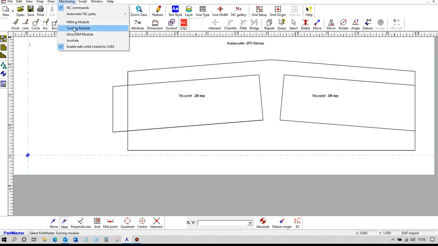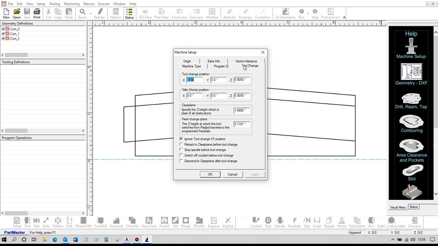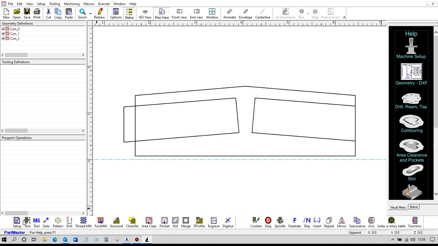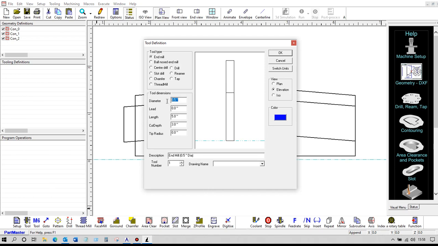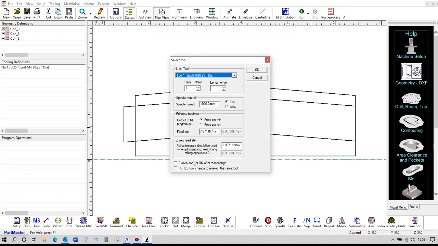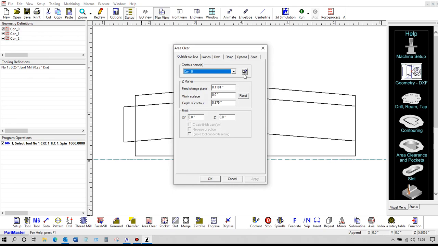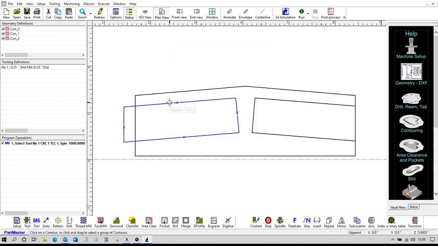now we take that through into machining, check on our tool change position here, all looks okay. So we define our first tool. Let's have a 1/4 inch tool, set the spindle speed and the feed rate, and then we use the area clearance command, choose the contour with the select icon,